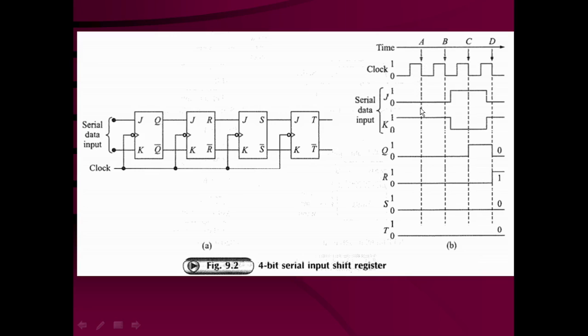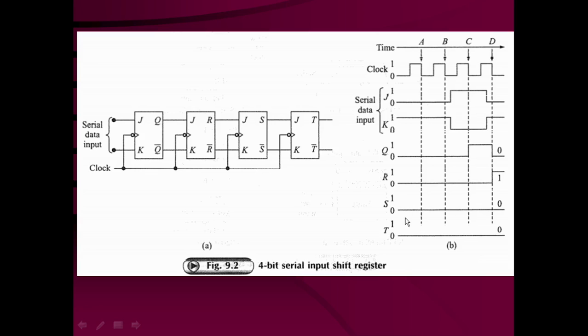The J waveform and K waveform are exactly mirror images of each other. So when J is equal to 0, K should be 1. J equal to 0, K should be 1. J equal to 1, K should be 0. And J equal to 0 prior to the D, K should be 1. So there are 2 waveforms shown here. Either you can utilize the inverter, or you can give this data separately here.